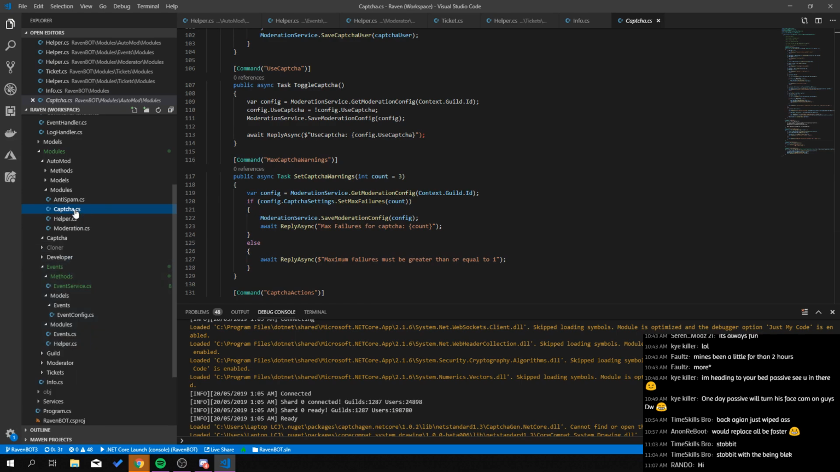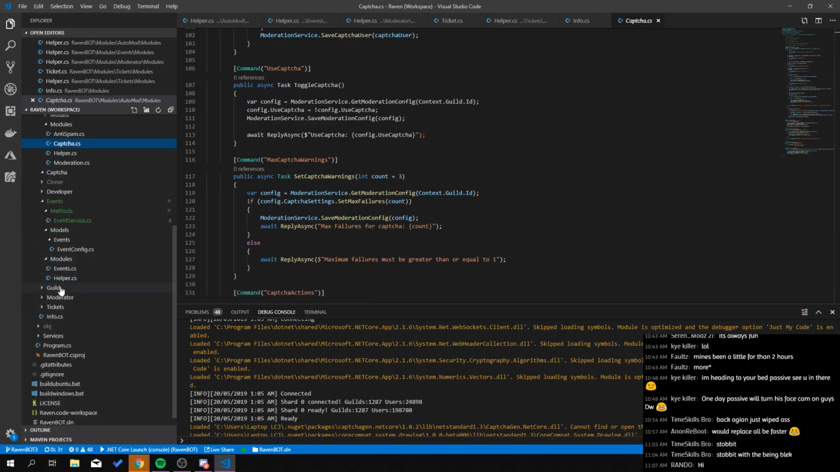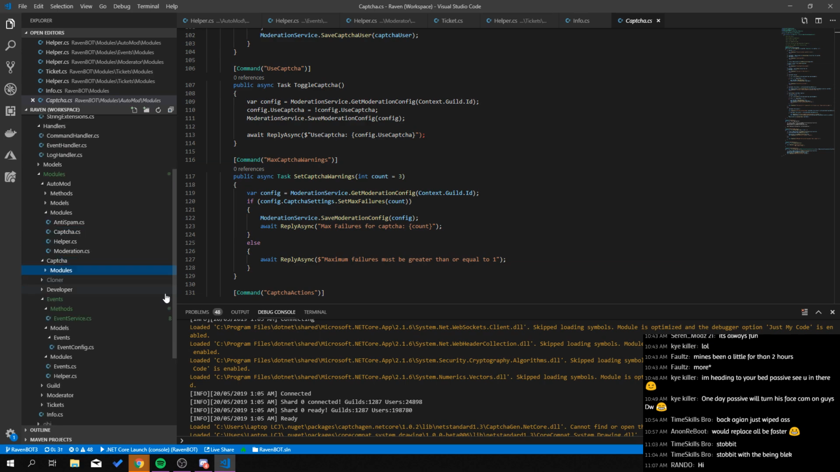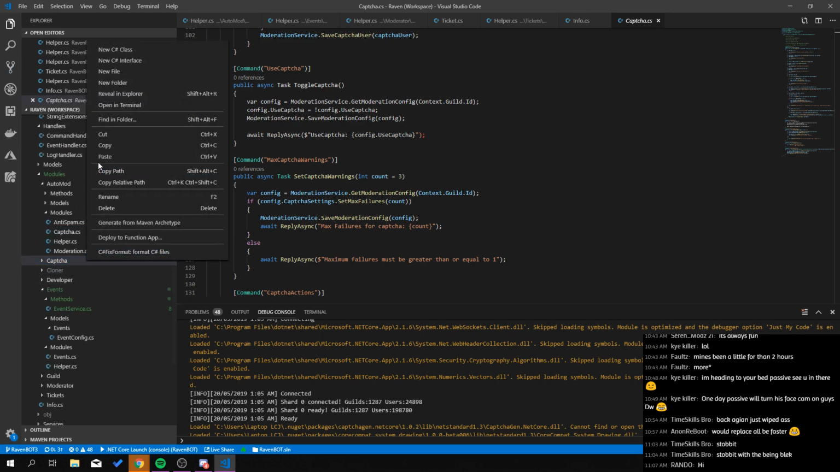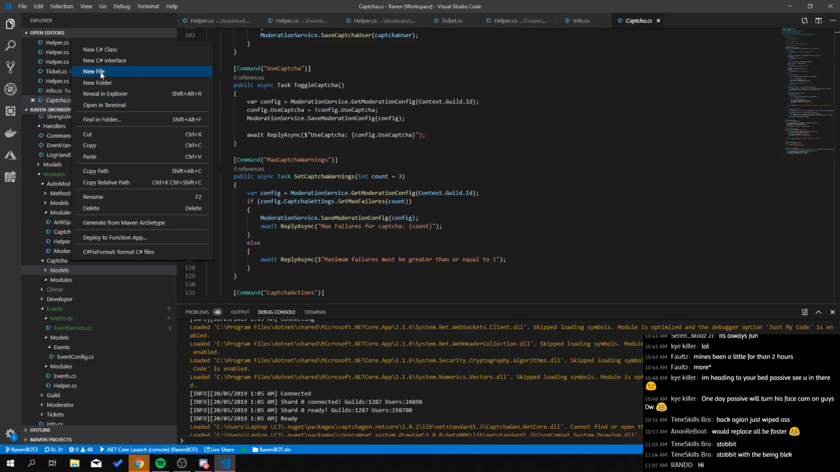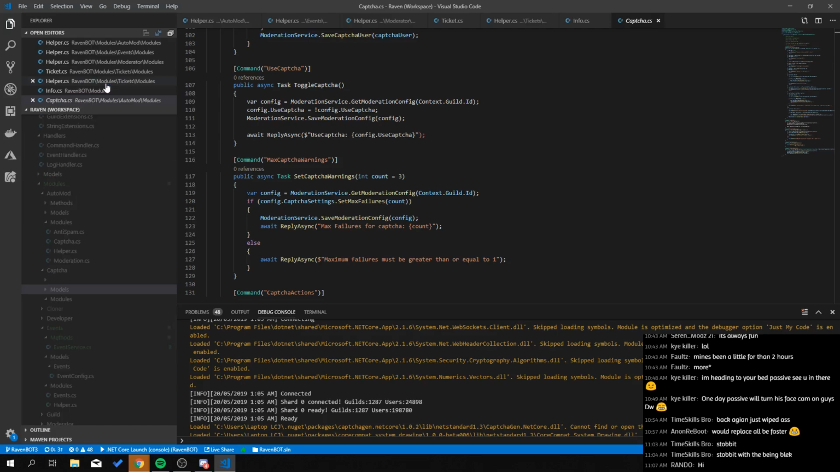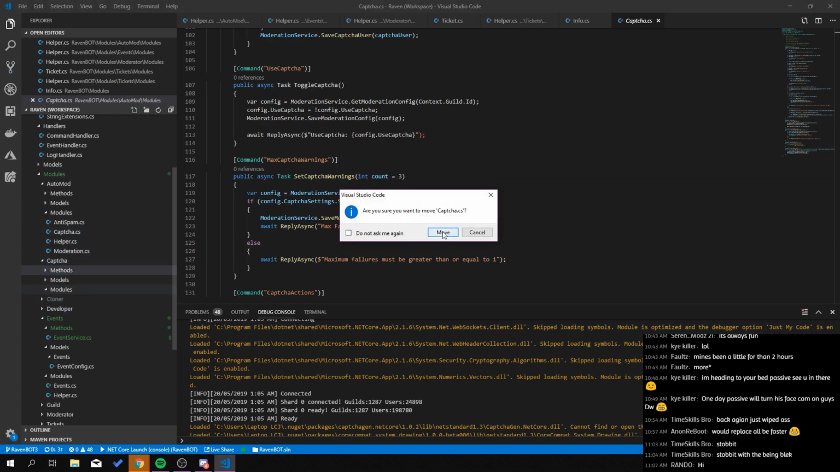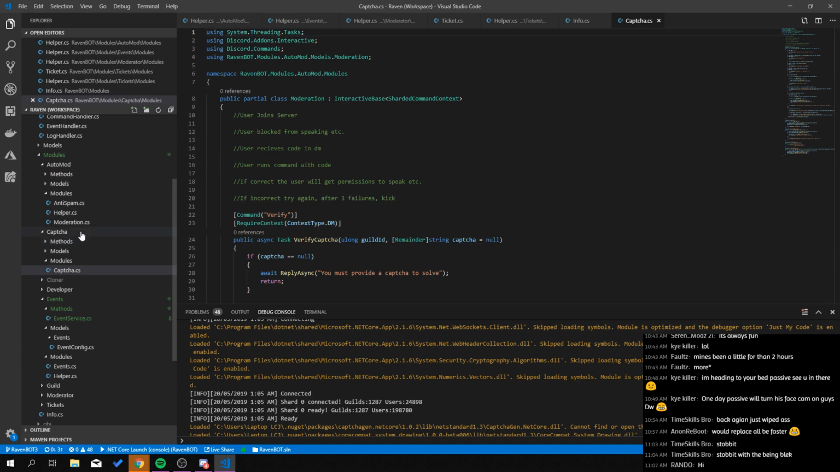Oh, before I do that, I need my three special folders that I use for everything. Where's capture? New folder, modules. New folder, models. And methods. So I can put capture in modules. Yep, that's all good. And then we need methods